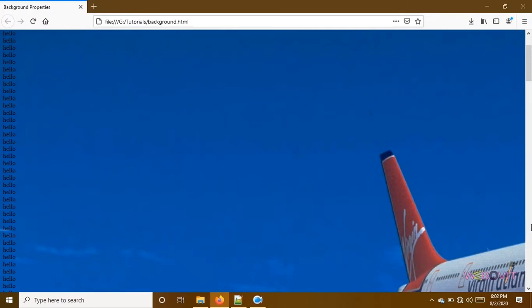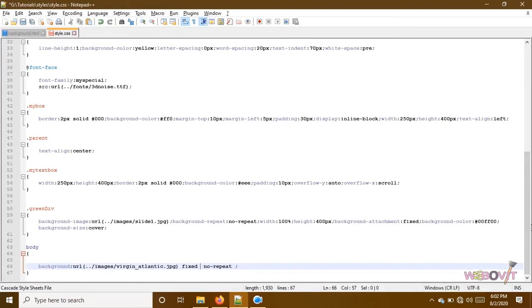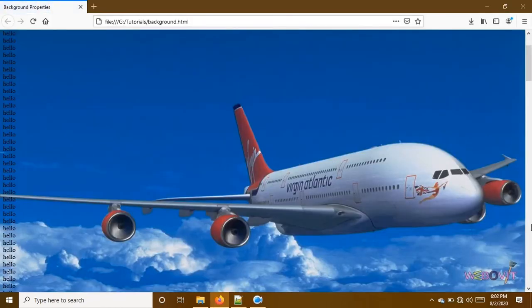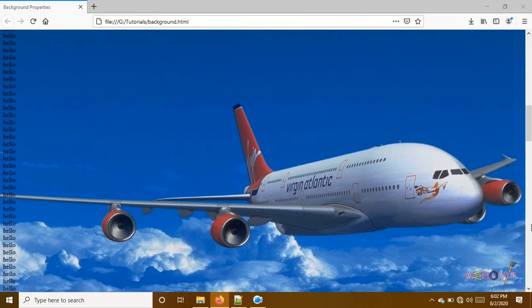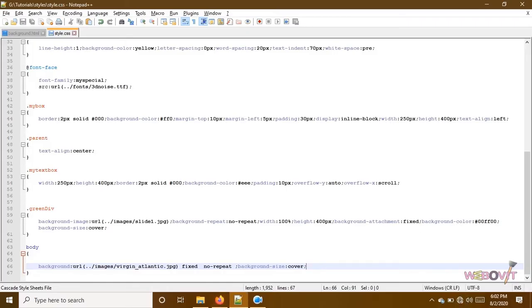Cover property is not working in the shorthand way, so for the cover we can mention it separately. Background size cover. Just for the background size you have to mention it separately, otherwise now the background image is here. Background attachment we have mentioned inside, and repeat also we have mentioned inside background. So using a shorthand way we can do the same task, and we can reduce the coding as well using this one.